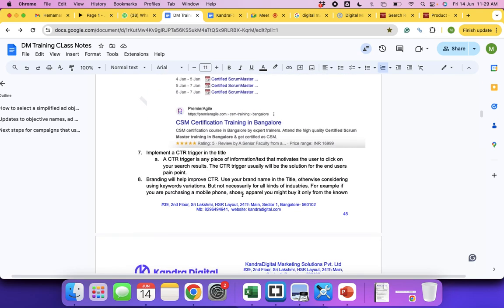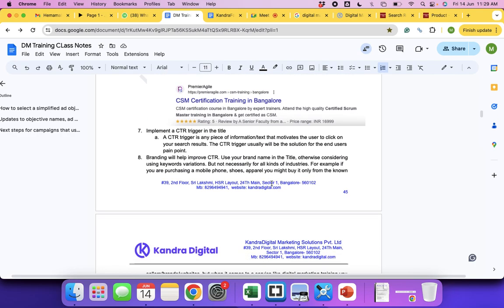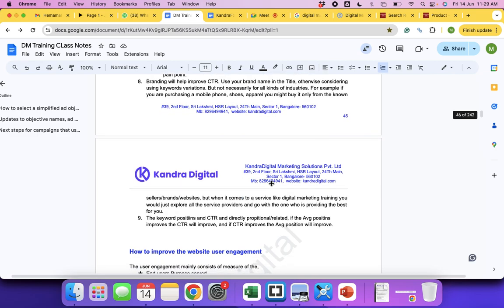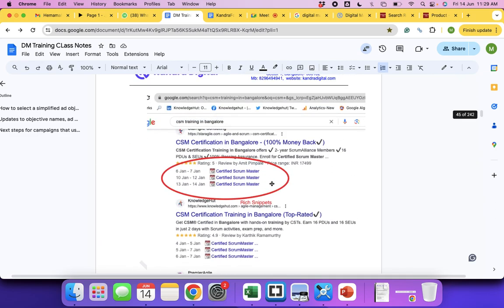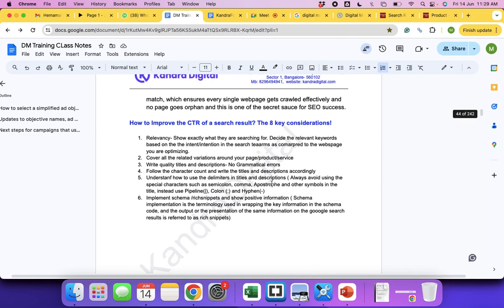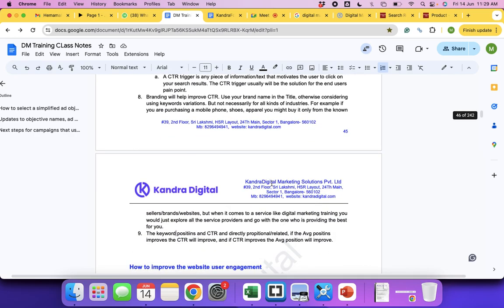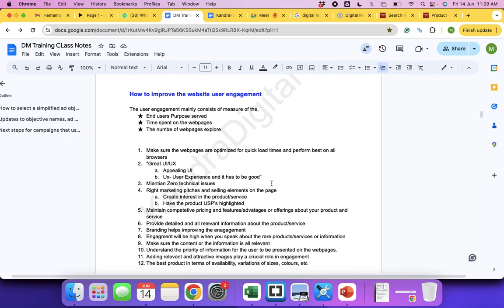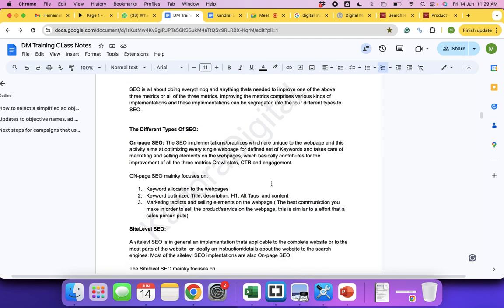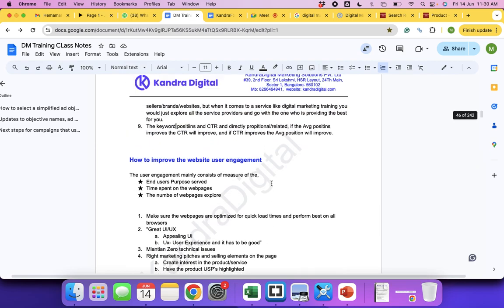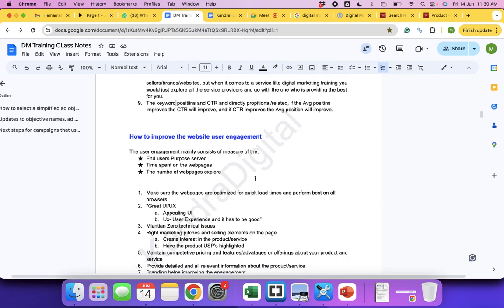Okay, and by implementing the rich schema code, you will be able to display rich snippets on search results, and this will impact or maybe help in CTR. Having the brand term incorporated in the title will also help improve the CTR. Okay, improving the average positions of your search results also will help improve the CTR. That is, having the better crawl frequency will help improve the CTR. Clear?